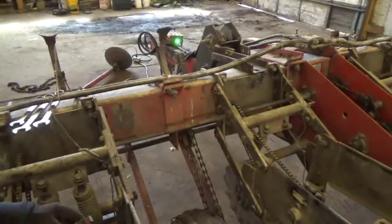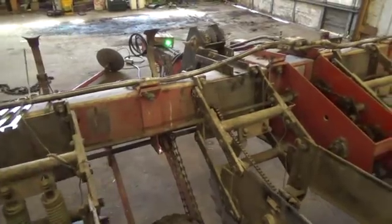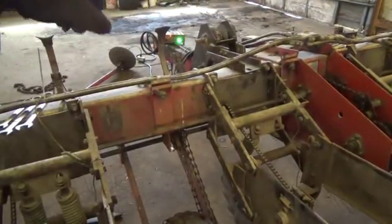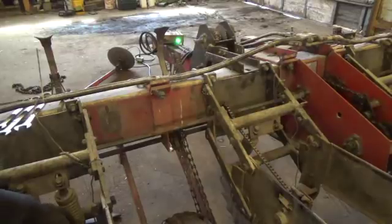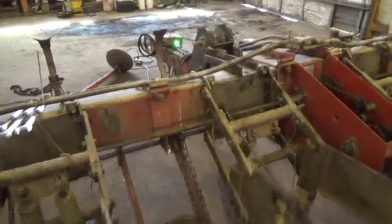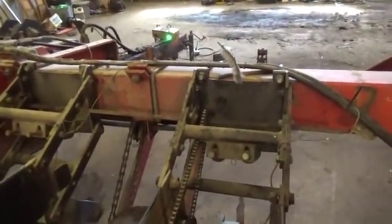So this sensor can go back in, and the seed tube can go right back in the corn planter, because hopefully you guys can see that light up there. So this sensor was not the one that was bad, my mistake. It's the one on the other end, on the other side. So we need to pull this seed tube apart,